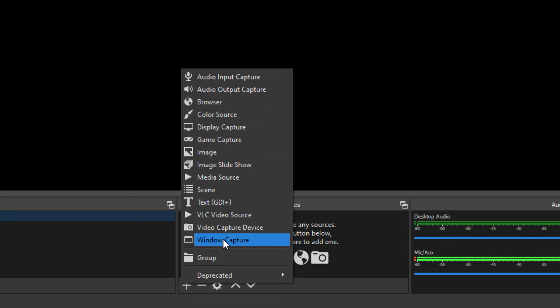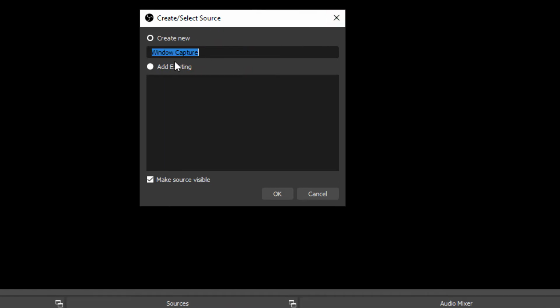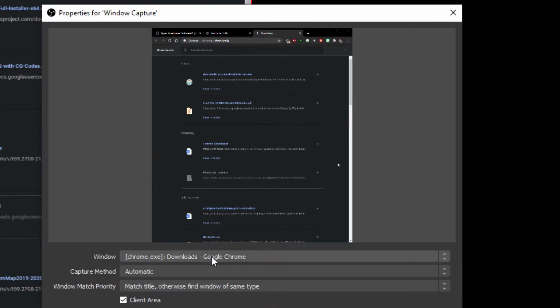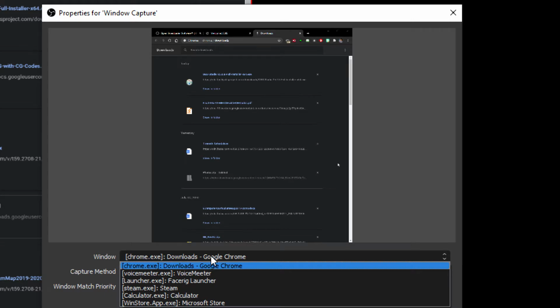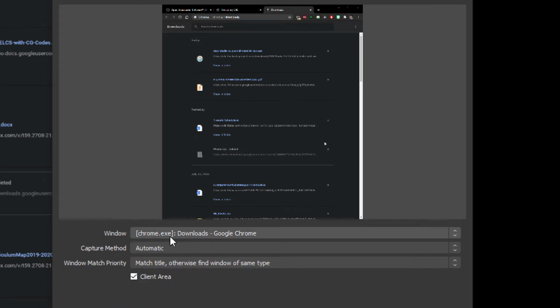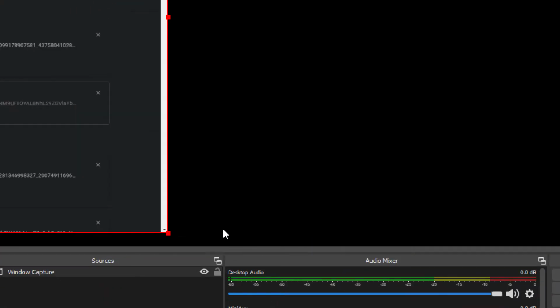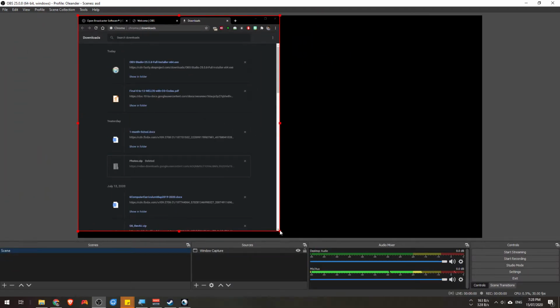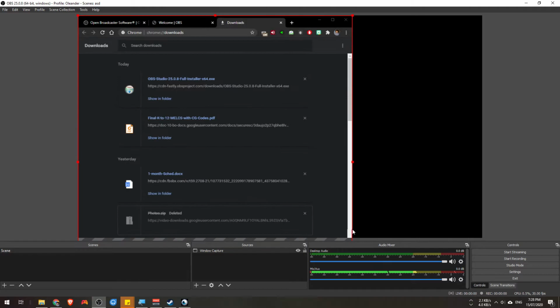For example, let's start with something simple like a window capture. We can name that if we want. We'll just choose default for now, and then it will ask us what application we want to display. Now I have other applications open here, but we can use Google Chrome for this specific method. As you can see on my OBS screen, the browser is now the